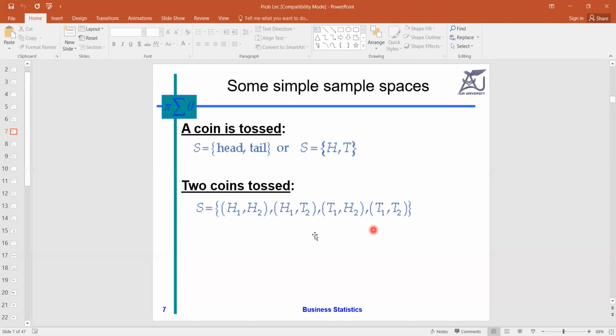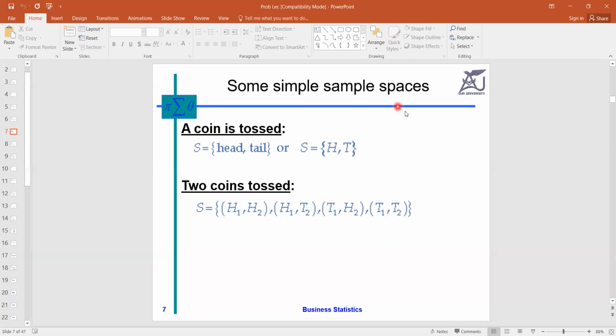Similarly, we can make the sample space for a two coins tossing experiment, like the example we discussed earlier of bulb selection. If we say the first is H1 and the second is H2, we can write H1 H2, first head second tail, first tail second head, or both tail. We work on the same lines: first time head occurs, second time again head occurs, first time head with second time tail, or we can get the tail at the first stage and head on the second, and we can get both tails. So these are all possibilities.